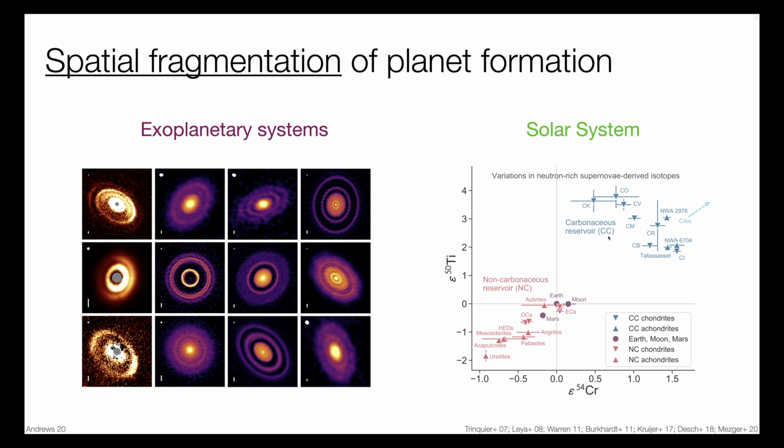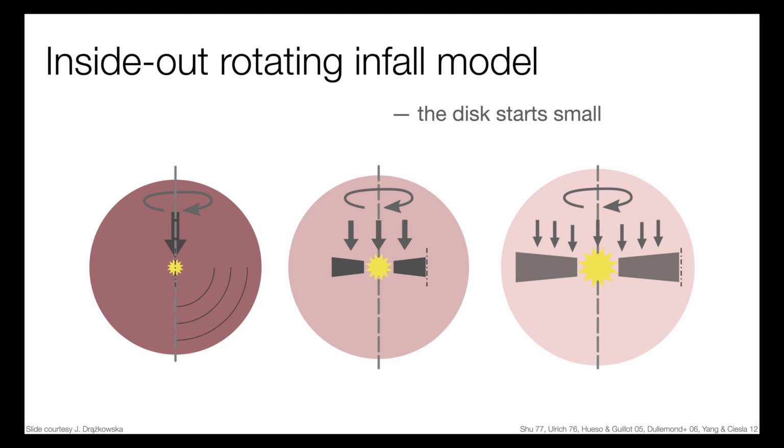In this research project, we investigated if multiple stages of planetesimal formation and their resulting geophysical evolution can be a potential mechanism to explain the observed trends. To do so, we used an astrophysical model of the disk buildup phase and quantified the compositional evolution of the planetesimal reservoirs that form during the class 1 to the class 2 stage. In this scenario, the protosun accretes from the surrounding molecular cloud, and the disk is built up from the inside out. The qualitative evolution of the solid material in this scenario is illustrated in this sketch.